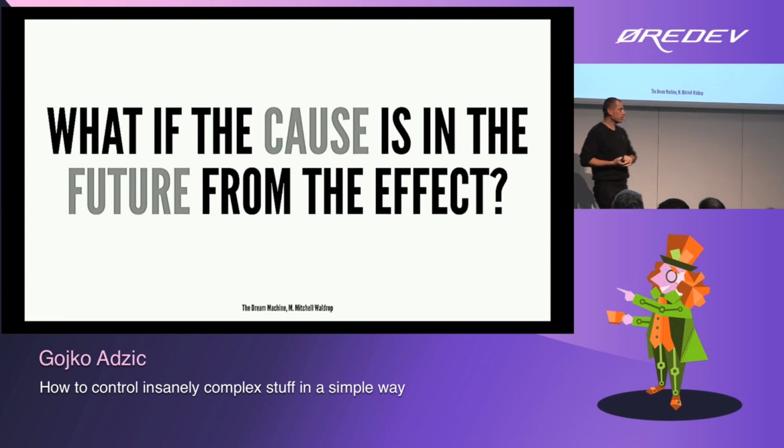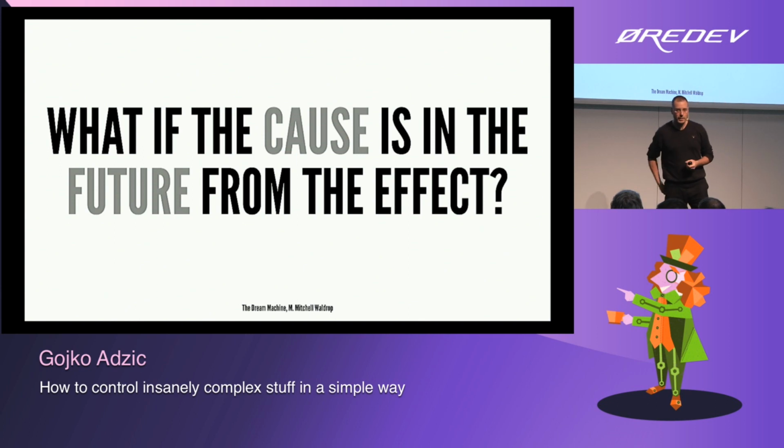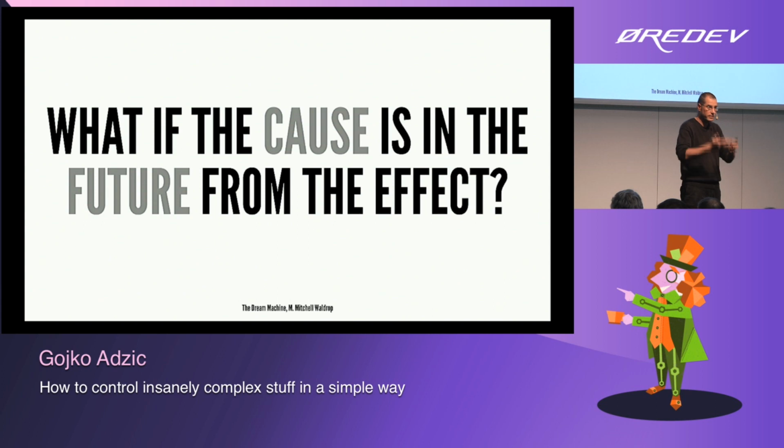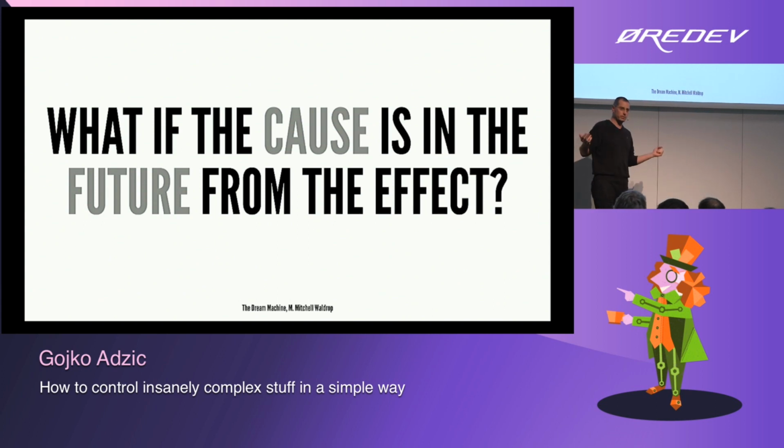Part of what they were talking about is how feedback systems help people create something that will map out to a cause that's in the future. And feedback systems are everywhere. A thermostat is a feedback system. You basically set it to 24 degrees. If it's less than 24 degrees in the room, it turns on the heater. If it's more, it turns off the heater. It's a very simple system, very, very effective. Feedback systems are almost everywhere in software.